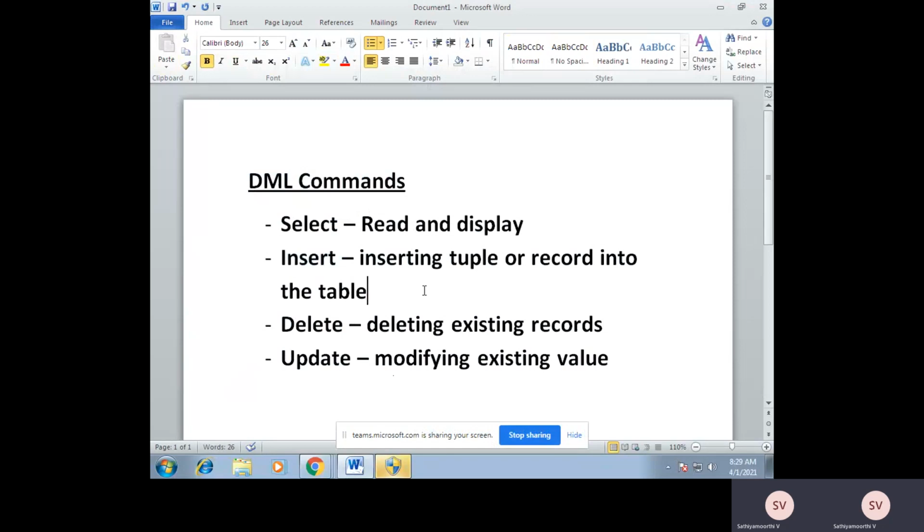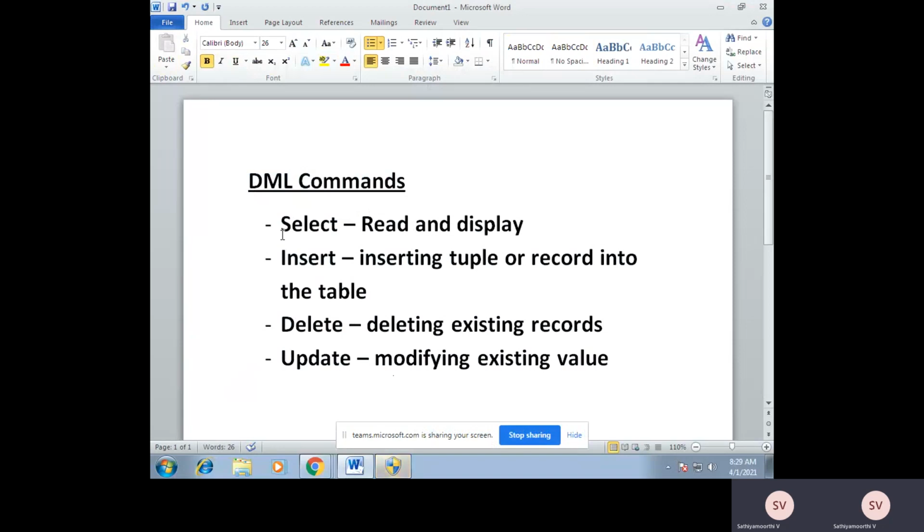As I told, Oracle is meant for RDBMS, Relational Database Management System. RDBMS means we are going to store the data in the form of tables, that is, structured data. That is the purpose of having RDBMS. A table kind of structure we have to follow.